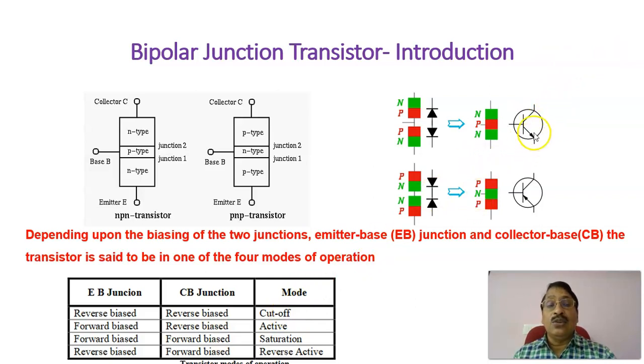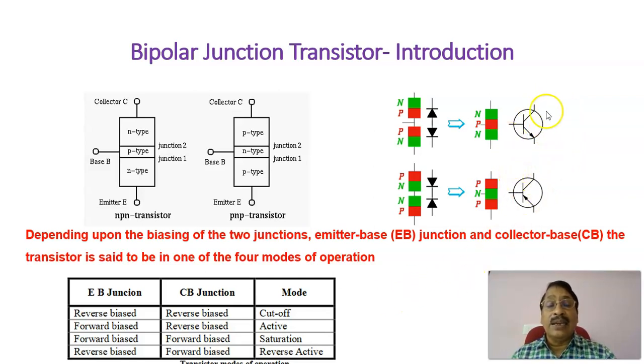Therefore, when a transistor is used as a switch, it will be either in cutoff or in saturation. Cutoff means it is just like an open-circuited switch, or infinite resistance. Now, if both junctions are forward biased, it is equivalent to saturation. If the emitter junction and the collector junction are both forward biased, we call it the saturation region, in which the voltage drop will be very small, VCE about 0.2 volt. That is like a closed switch, or almost zero resistance.